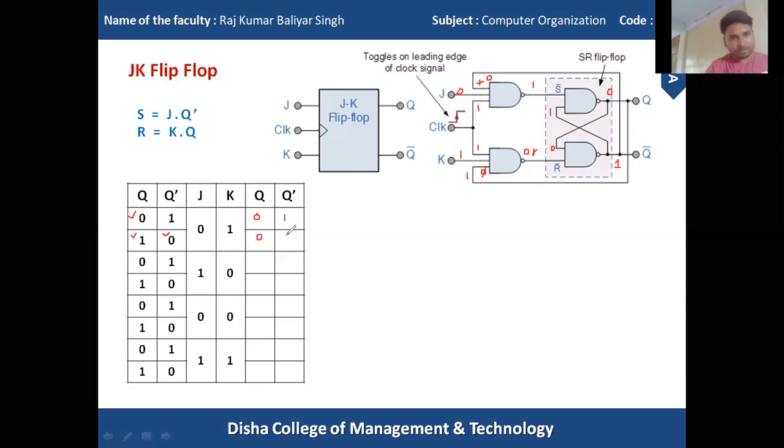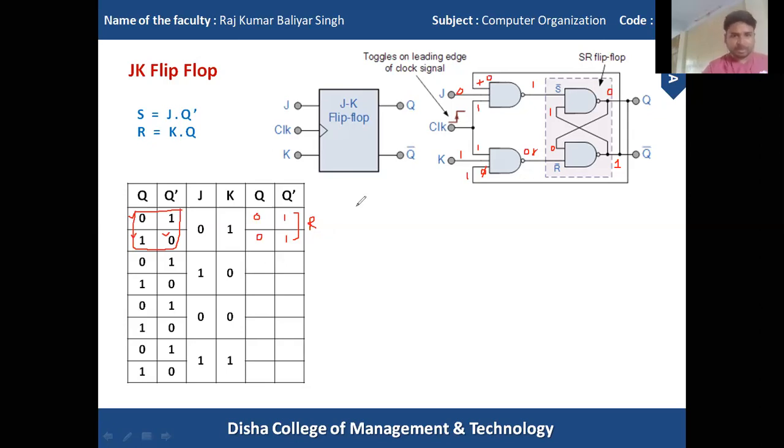So see, whatever the value of q and q naught, we are taking two different kinds of values of q and q naught, but we stick to j equals 0 and k equals 1, then we got the same value. So this is called a reset value. When j equals 0 and k equals 1, we determine the state. That state is the reset condition, the reset state.